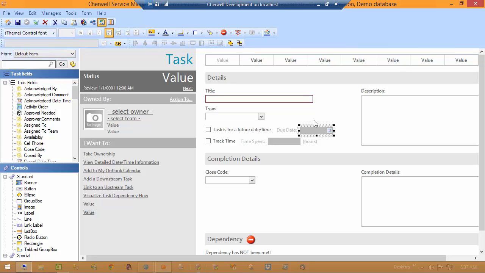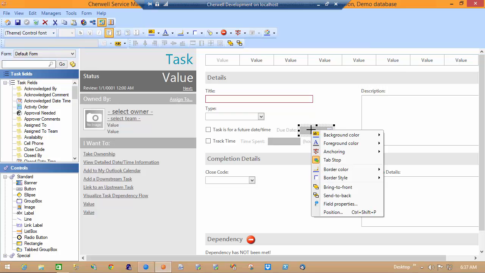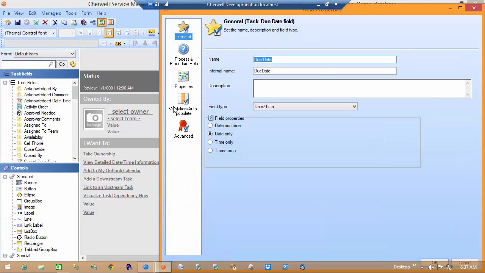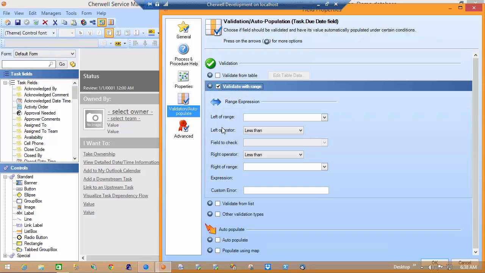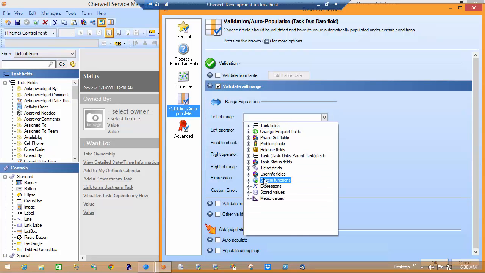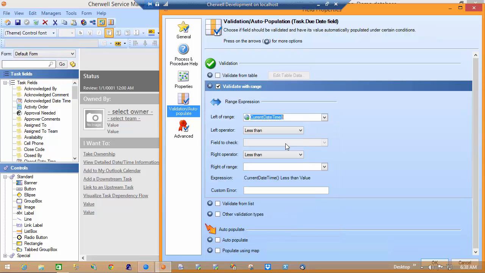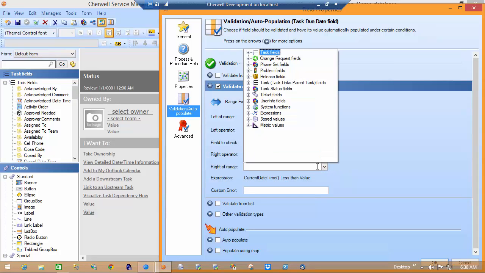Now, the way you do this is you simply go ahead and select the field that you are looking to change, and you can do this straight from the form as I am now, or you can do it from the field list, but you go to the field properties and open up your validation. Rather than using a table, today we're actually going to be using a range. In this case, the left of our range is going to be what? Right now. So it must come is less than our current field, and that would be less than some other